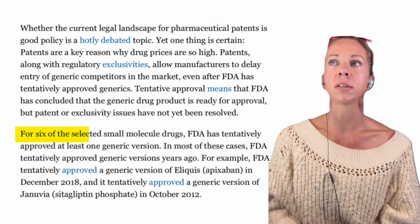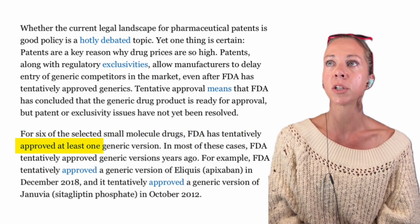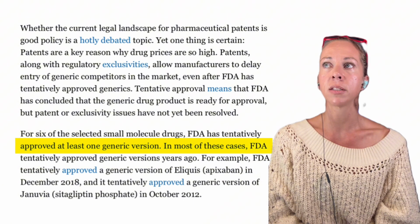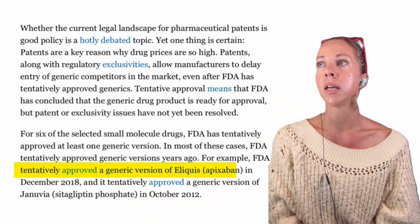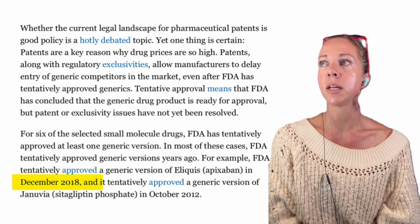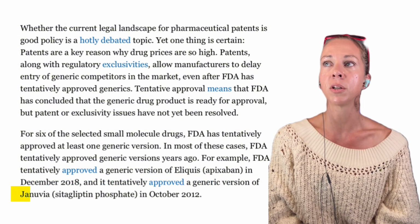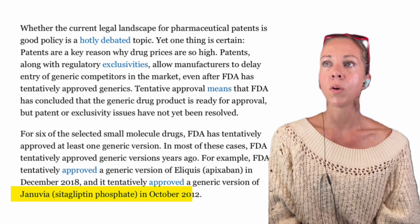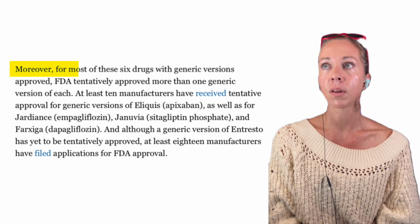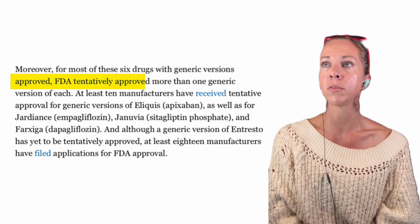For 6 of the selected small molecule drugs, the FDA has tentatively approved at least one generic version. In most of these cases, the FDA tentatively approved generic versions years ago. For example, the FDA tentatively approved a generic version for Eliquis in December 2018, and it tentatively approved a generic version of Januvia in October 2012. Moreover, for most of these 6 drugs with generic versions approved, the FDA tentatively approved more than one generic